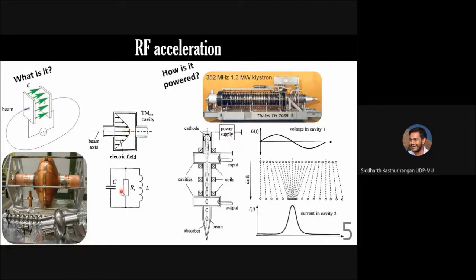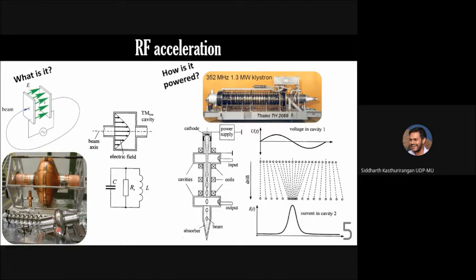Accordingly, using I square R kind of logic, one can arrive at what is the value of R, where the resistance actually represents the beam gaining energy from the cavity. Okay. And the inductance and capacitance values are determined from the dimensions of the cavity, so that one can then obtain a suitable model for the cavity and obtain how to get maximum power transferred to the beam. Of course, we'll be studying this in detail, but this is just a trailer for the power requirement part, of how one actually goes about calculating the power requirement.